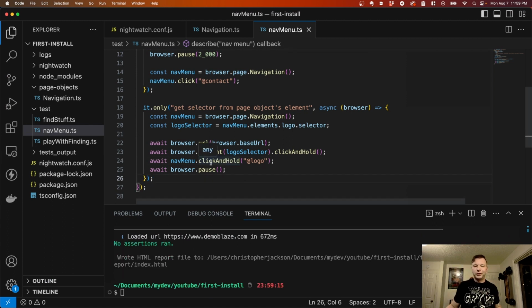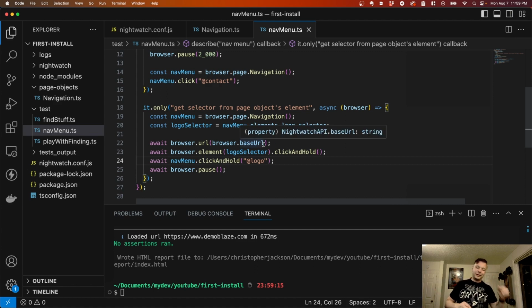But I think I got the point across here: if you need the actual CSS selector, this is how you get it. All right. That was a really horrible, awful video. Why did I put you guys through this? I don't know. I just know that I was going through my testing and I really needed to figure out